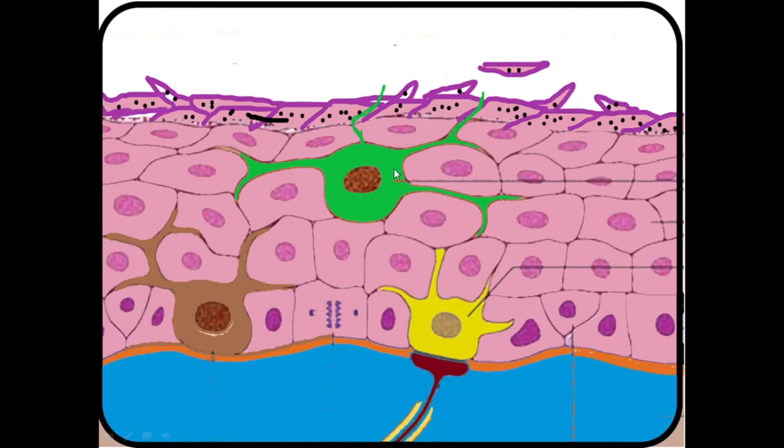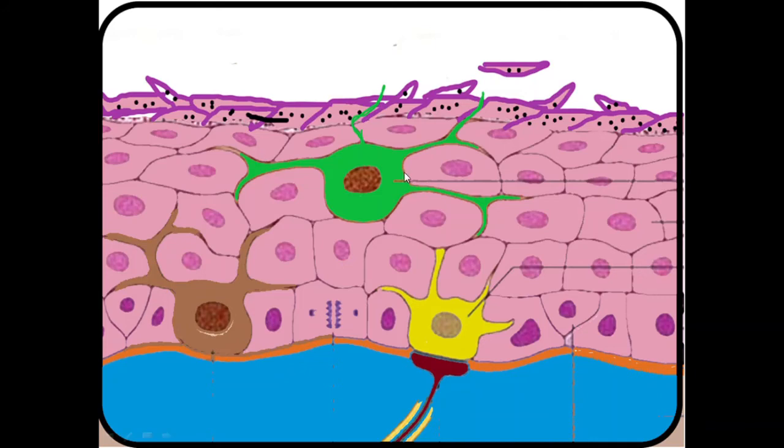The Langerhans cell is a kind of cell which is there for surveillance. It will look around for the various bacteria, viruses or any antigen that is there, and its main function is to have a look for the various antigens that are there in the oral cavity. Next is the melanocyte. It basically gives the color, and the Merkel cell, which is a sensory cell.